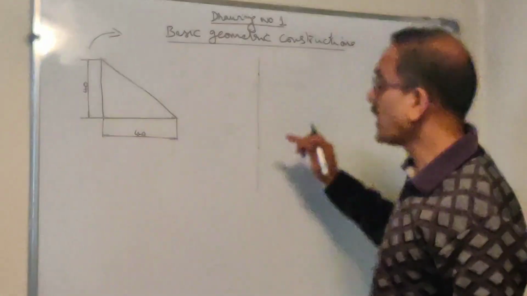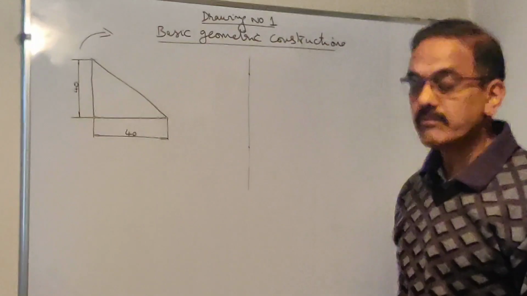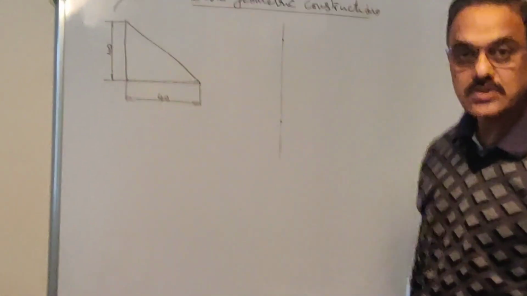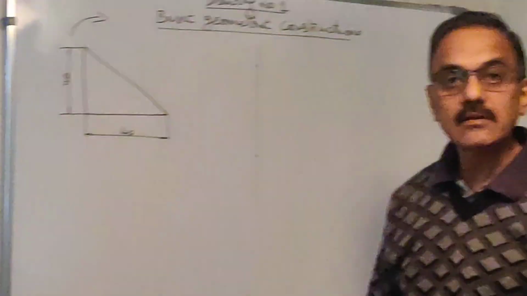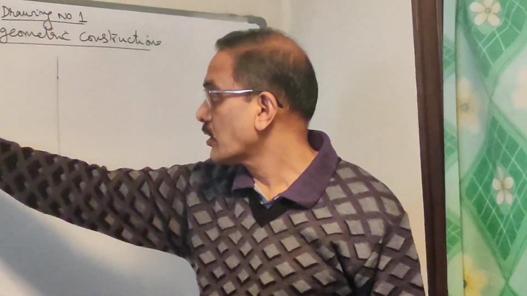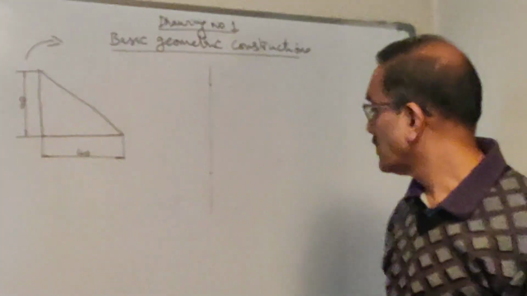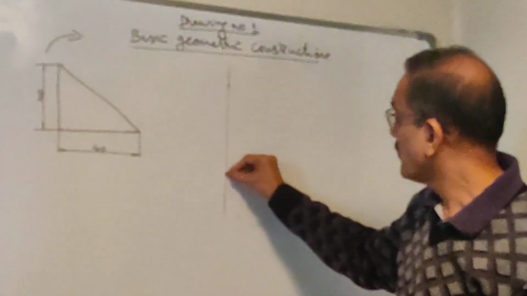So this is the length of the hypotenuse. Once you get these 2 points, you are again going to use the compass. Now you are required to do these two sides 40 each. So take this point as center, 40 mm as radius. You will draw an arc here.